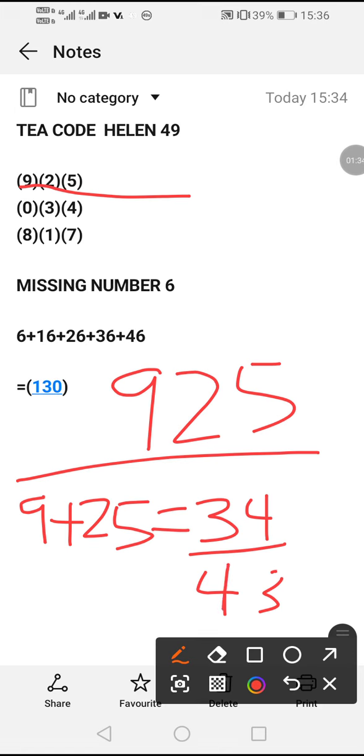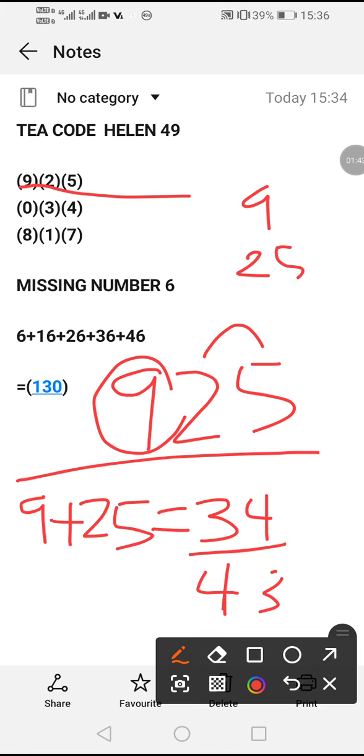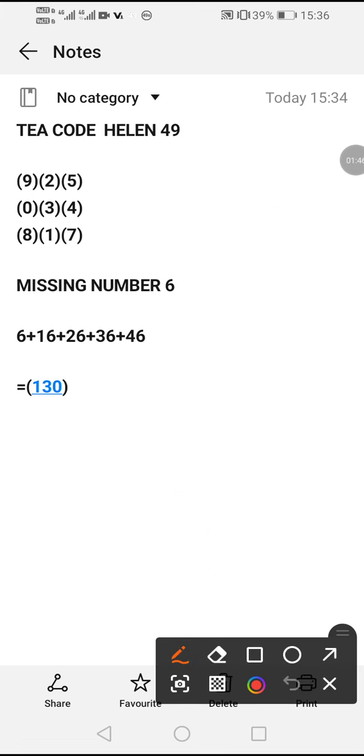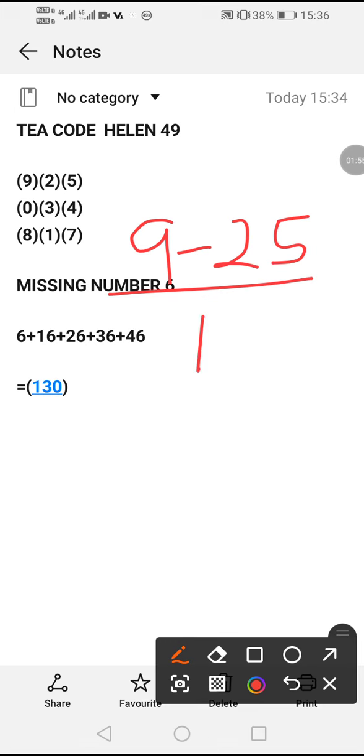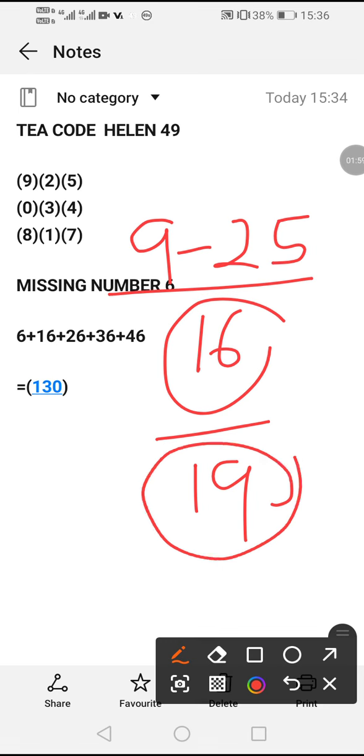And then what you do again, you're going to see that there's a 9 there, there's a 25. It can happen for him to hit like that. And then if you say 9, let me just write it down so that we're on the same spot. Okay, if we say 9 minus 25, you're gonna get a 16. This 16 is going to appear in the form of 19. So between these two numbers, there's a number that's going to repeat between 16 and 19. Do you see that, guys?